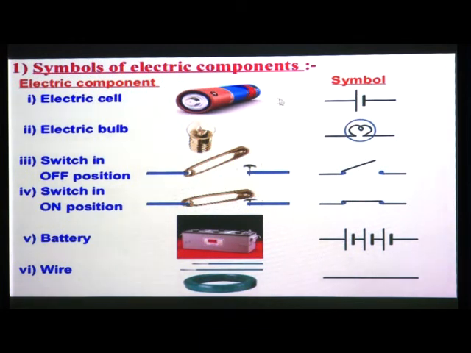Okay. When you are going to show any electric circuit, you don't need to draw the battery or bulb or these safety pins there. In that circuit you can draw with these symbols. Then the fifth one, it is a battery. So this battery is shown here, you all know, you also have a battery at your home. This battery is shown in symbol like this.